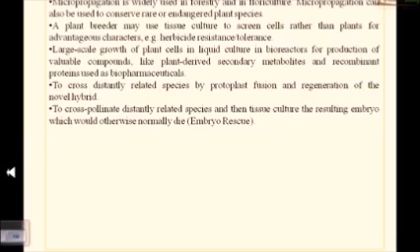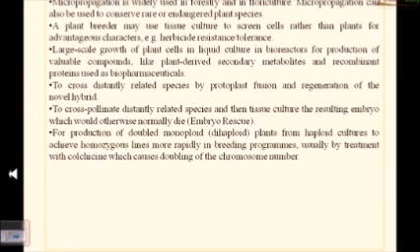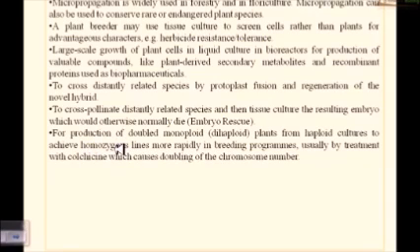Now we can also cross-pollinate distantly related plants. We have talked about this before. Now the production of doubled monoploid, which is also called the dihaploid plant, can also be done. We can do this dihaploid plant production from haploid cultures to achieve homozygous lines, because homozygosity is the most important part. If we have a heterozygous characteristic, that heterozygous characteristic can